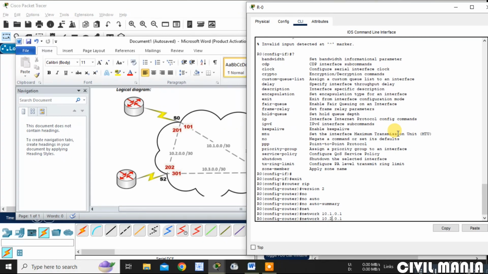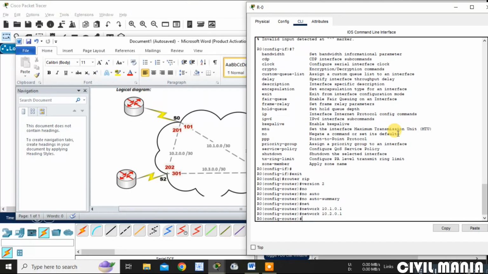There are two networks. Remember that here in router RIP, the network means actually the IP addresses of 201 and 101. Now exit. I have done router 0.